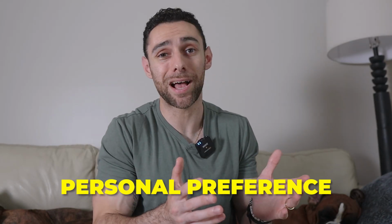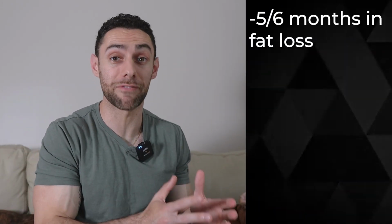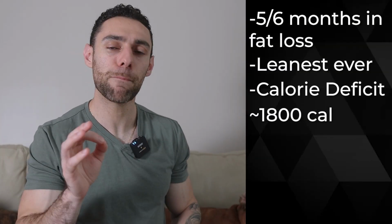Another variable that factors into the reps you're doing and how much weight you should use is simply personal preference, and also possibly the phase that you're in as well. So if you like lifting heavier and seeing how strong you can get, then include more heavy lifts in your program. And the opposite is true as well if you prefer lighter weight and you like doing a ton of reps. Now think of it like this though, if you're 5 or 6 months deep into a fat loss phase and you're leaner than you've been in a very long time and you've been in a calorie deficit for those 5 or 6 months, and maybe you're eating like 1,700 or 1,800 calories or something like that, that might not be the ideal time to be hitting a ton of sets with super heavy weight and for only 3 to